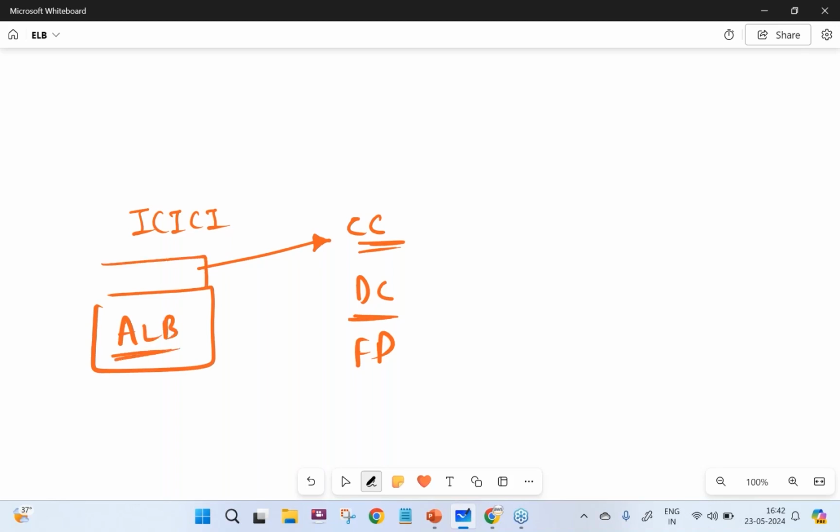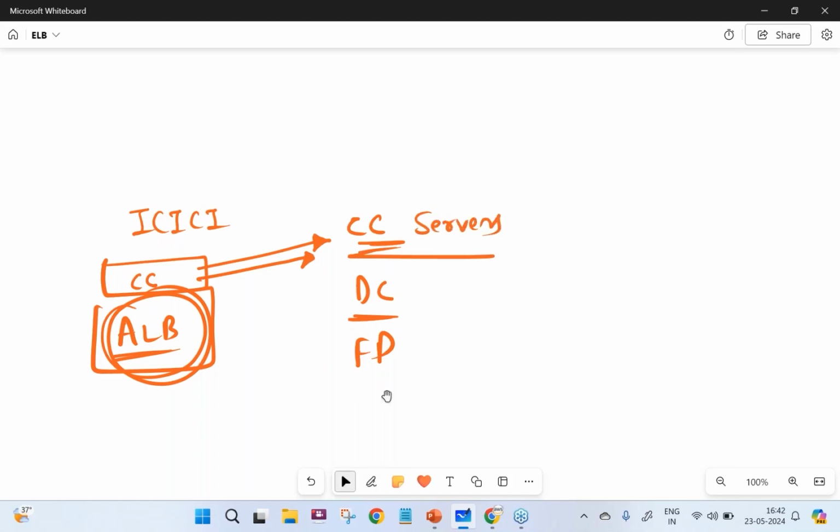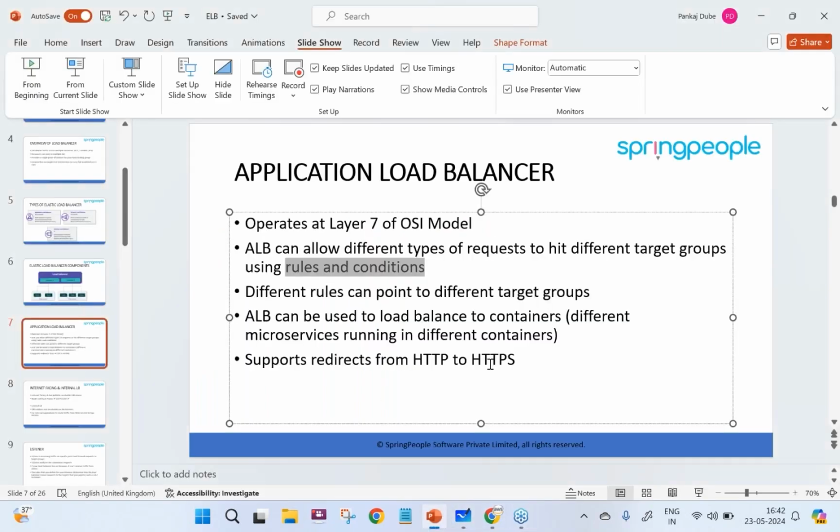Once the request is received by the application load balancer, it will check what the request is for. If it is for a credit card, it will move to the credit card servers. So it can be used with microservices. It also supports redirects from HTTP to HTTPS.